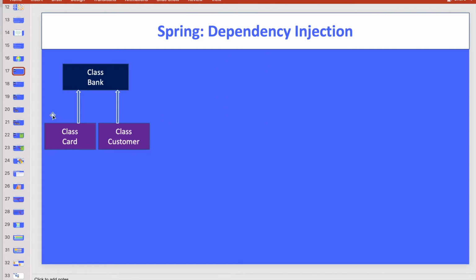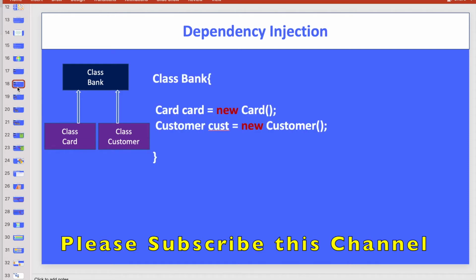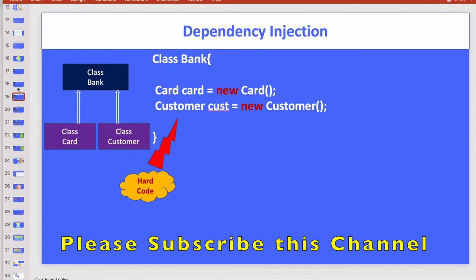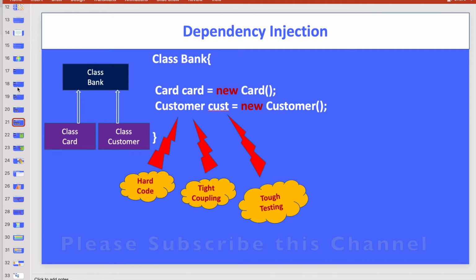So what is dependency injection? Suppose you have one bank class and that depends upon the card and customer. What we used to do as a Java developer is create the new card and customer objects and assign them to the bank. But what is the problem with that? This is hard code, right? Tomorrow if you have to change something, a different card or different kind of customers, then you have to again stop the production and change the code, right? We have the tight coupling. You can see the code that my card and bank are very tightly coupled here, right? And the testing also. Tomorrow if something changes in the card or the customer functionality, again you have to test the whole environment, the whole code base, right?